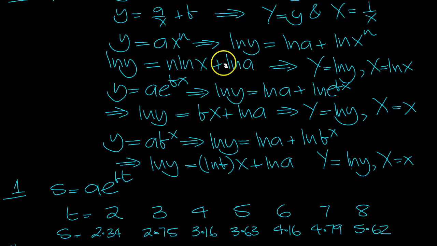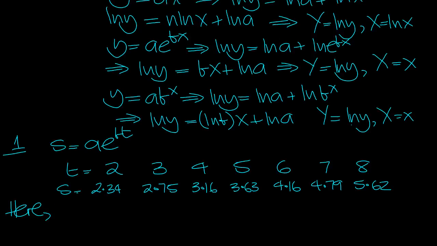There we are. So if we plot log y against log x, then we'll work out the gradient n, and we'll be able to work out the intercept, which will be log a, and from the intercept value of log a we'll be able to work out the value of a